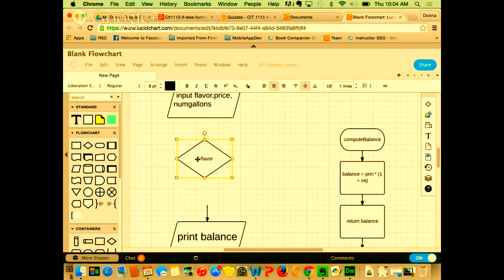Is equal to, or is it flavor that we're testing? Number of gallons. Okay, if number gallons is, did it say greater than or equal to? Greater than. Okay, if number of gallons is greater than 40,000, right?